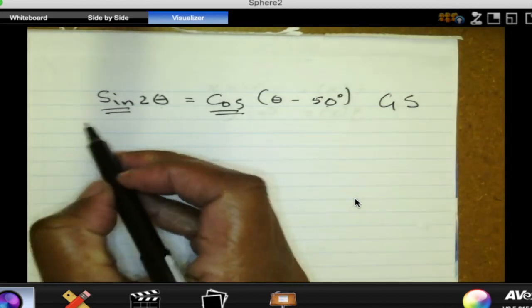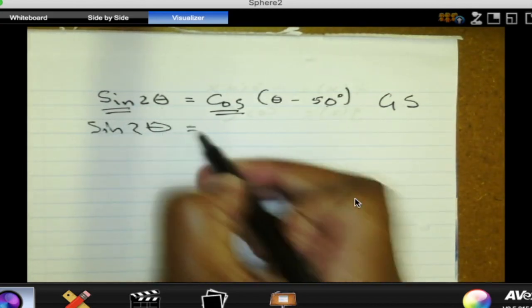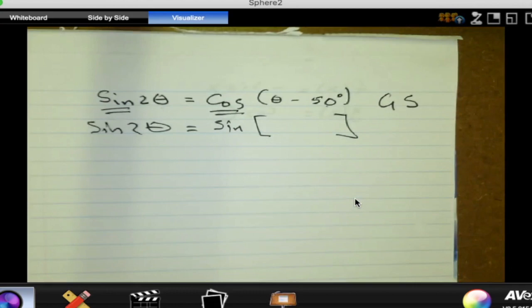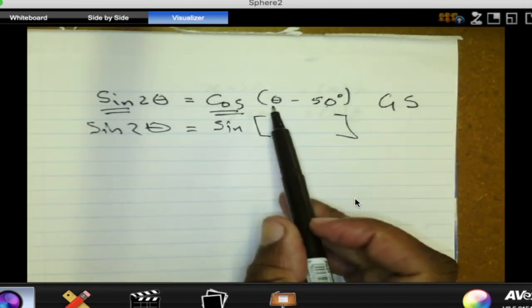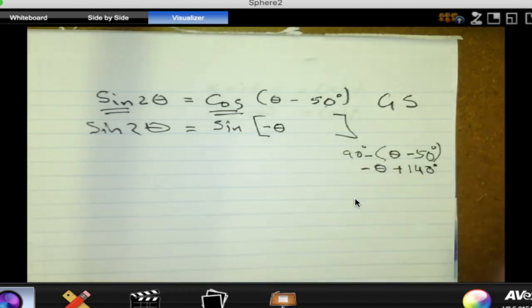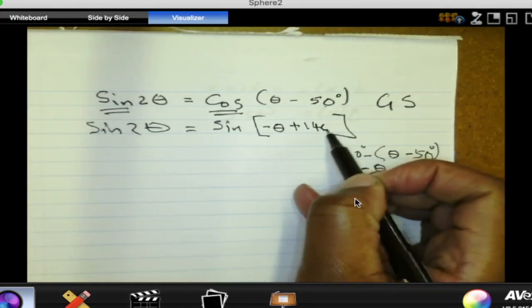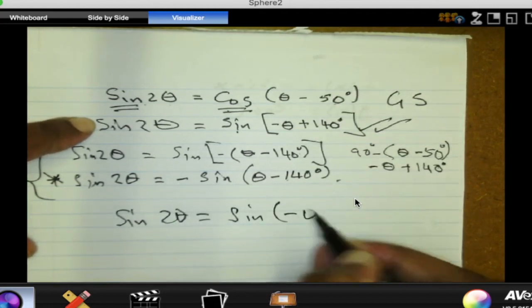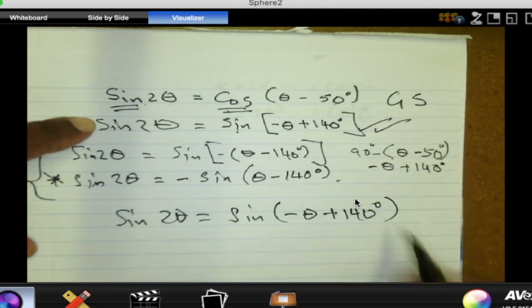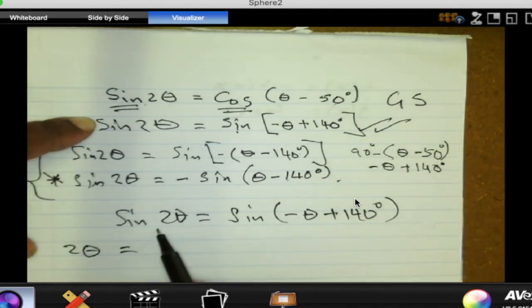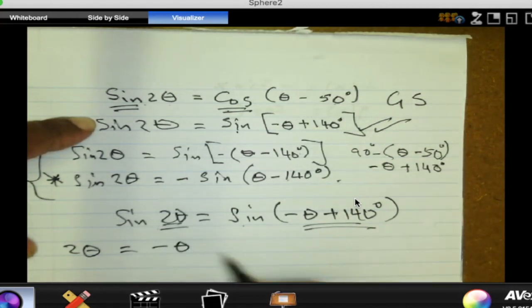Let's change cosine. So let's leave sine of 2 theta as it is, but instead of cosine, we want to change that one to sine. Now please tell me what angle we use there. If we change it to sine, we need to take theta minus 50 and subtract it from 90 degrees, right? So this becomes negative theta plus 140 degrees. So sine of 2 theta is equal to sine of negative theta plus 140 degrees. Even without using the quadrants, what do you think 2 theta is equal to? If this is sine and that is sine, then 2 theta should be equal to that angle, as it is, minus theta plus